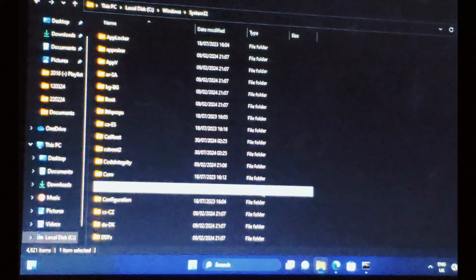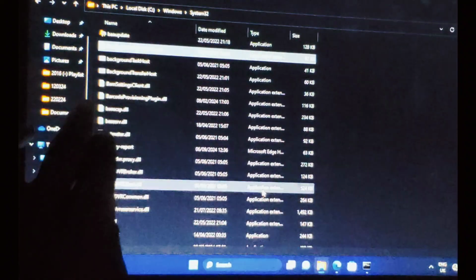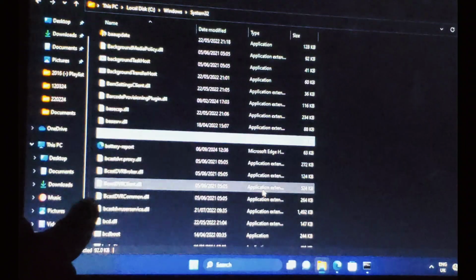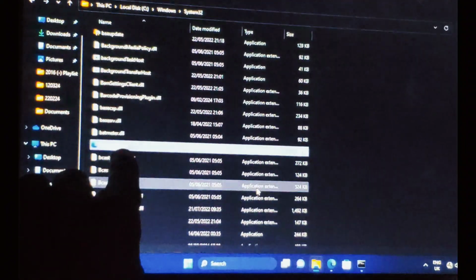Okay, let me just click B, the battery report will be somewhere. Yeah, this is it. This is the HTML document, battery report. If I double click on it, it's the same thing that is going to come out. All right. So this is it. Yes, this is where I'm going. On battery,